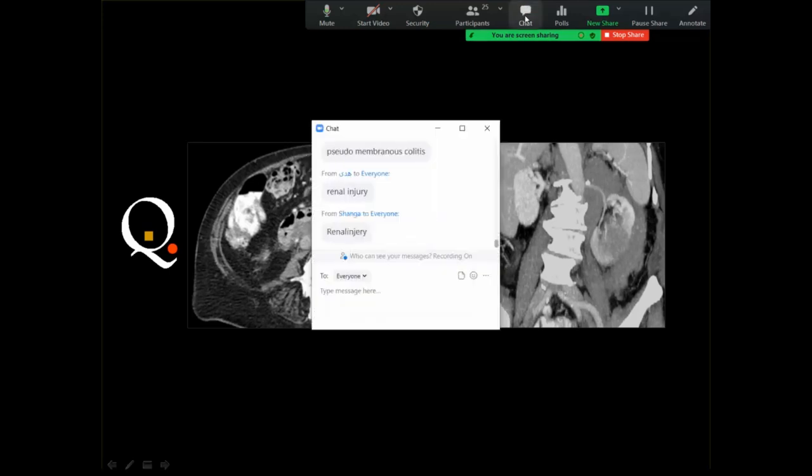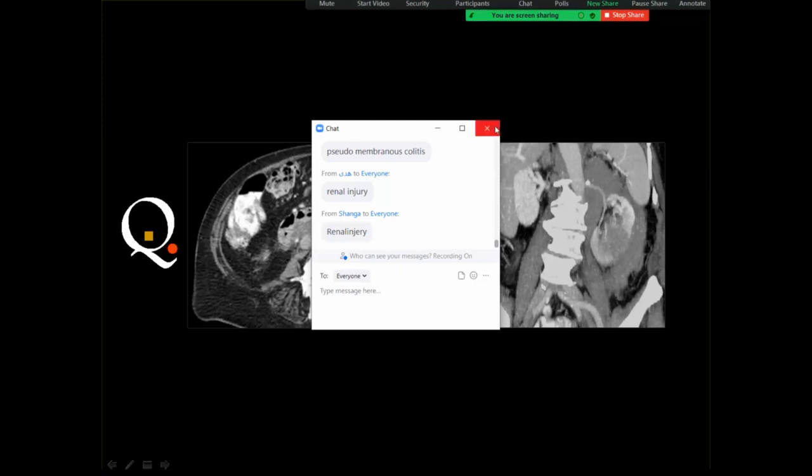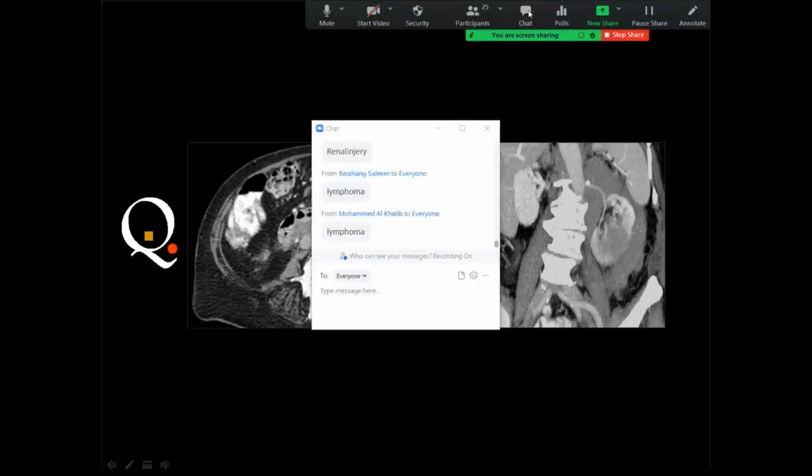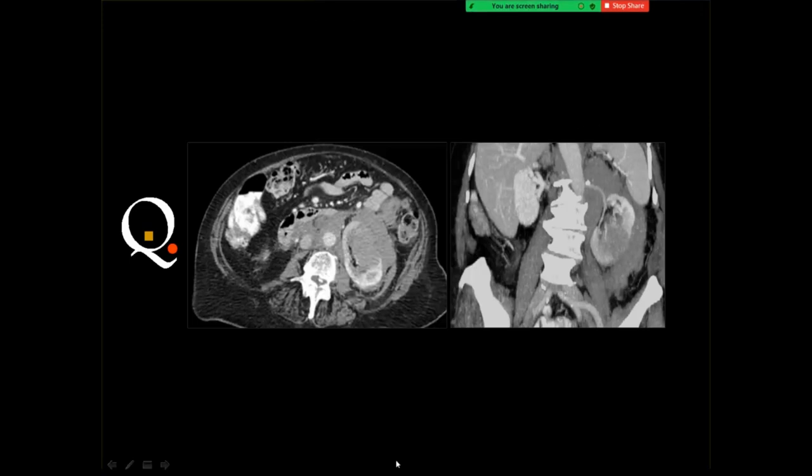No, there is no history of trauma. Lymphoma is right, and this is a case of retroperitoneal lymphoma involving the lymph nodes that has invaded the kidney,